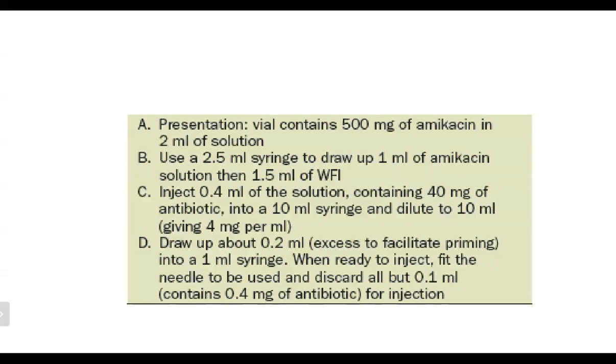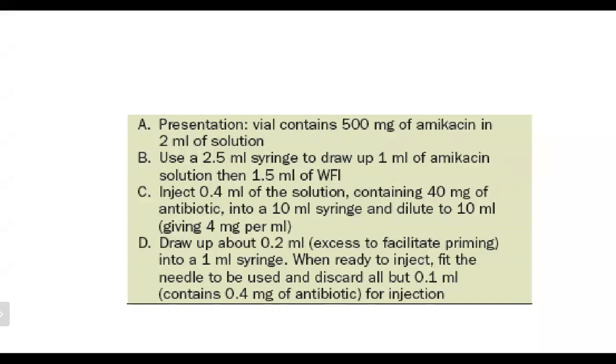So for the amikacin, it comes as a solution, 500 milligrams in 2 mils. What is written on my slide is a 2.5 mil syringe. I don't know about any 2.5 mil syringe, so to be practical, use a 5 mil syringe. You take 1 mil of the amikacin from the 2 mil solution, and then you add 1.5 mil of water for injection. That makes it 2.5 mils,